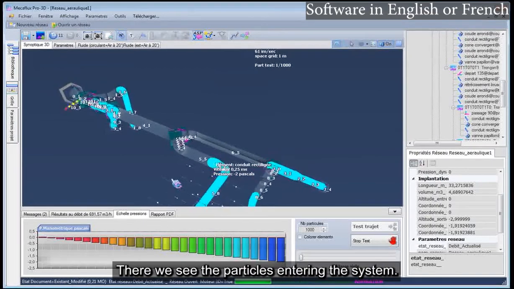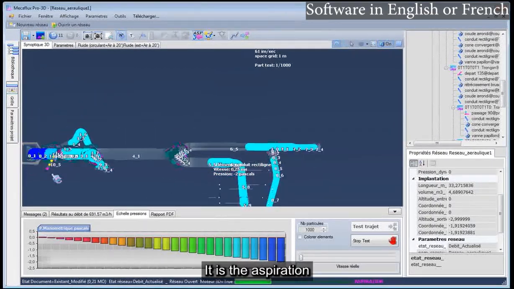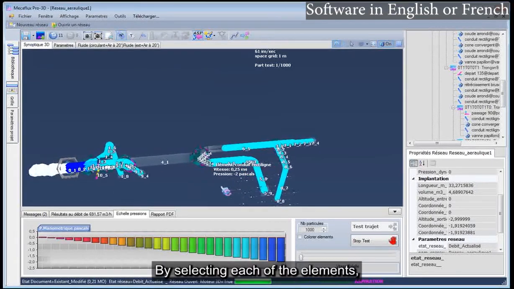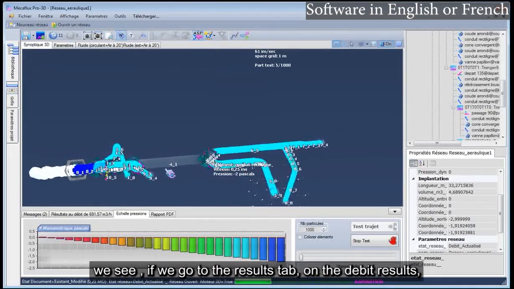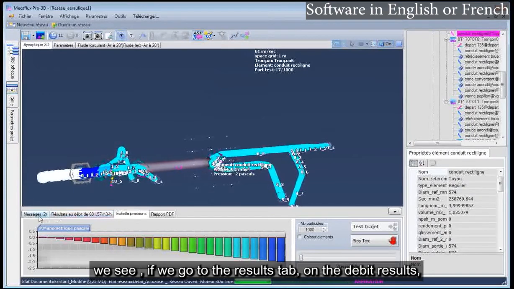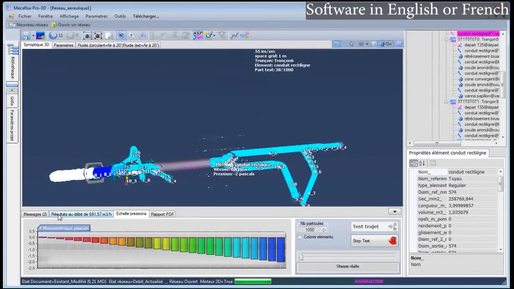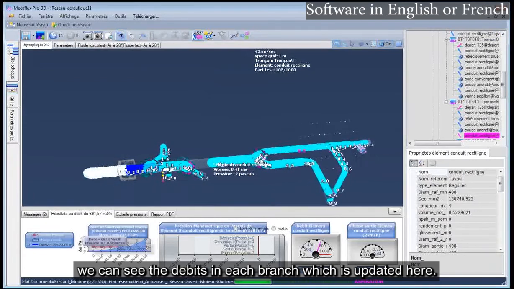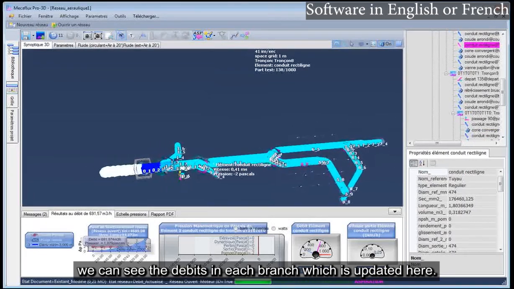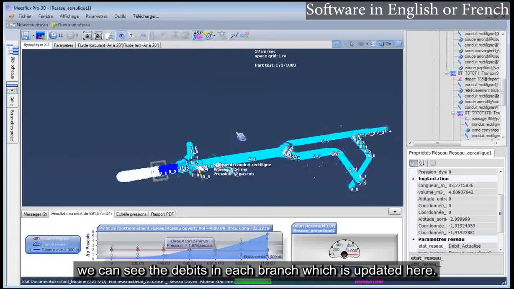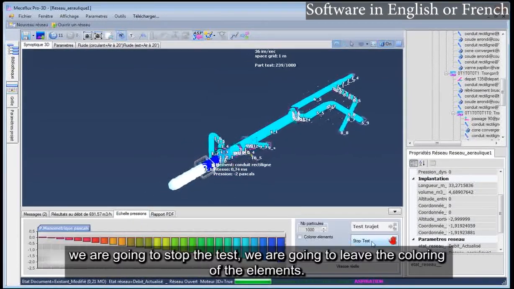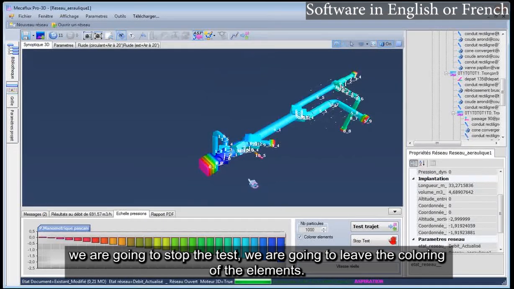There we see the particles entering the system. It is the aspiration, and therefore they are rejected at the exit. By selecting each of the elements, if we go to the Results tab, on the flow results, we can see the flows in each branch, which is updated here. We are going to stop the test. We are going to leave the